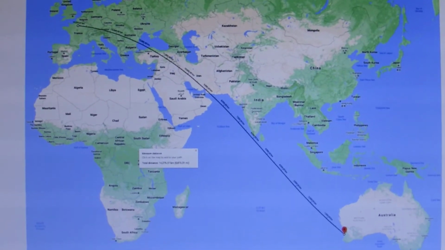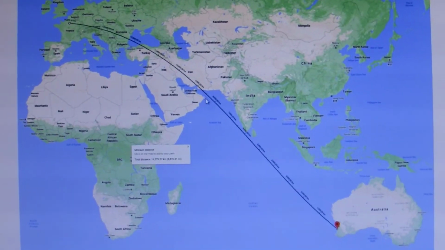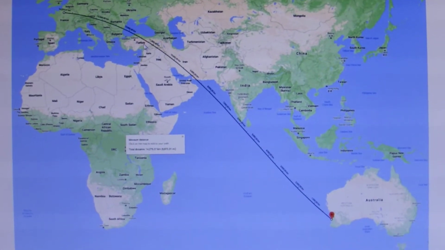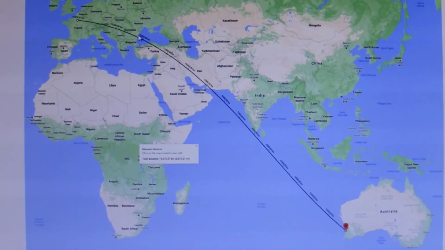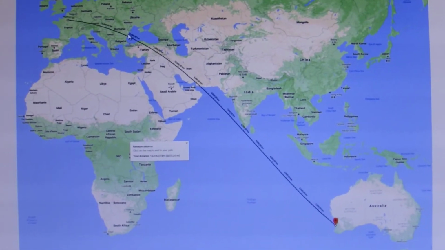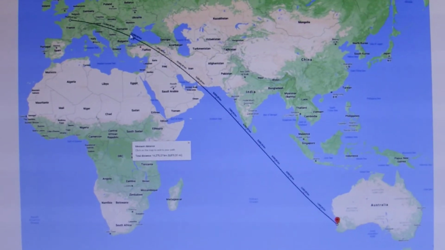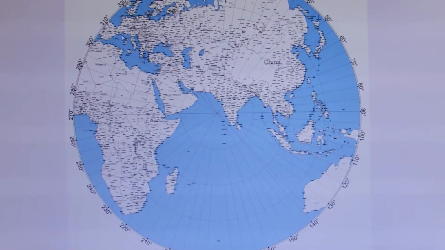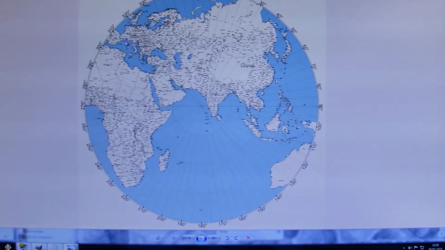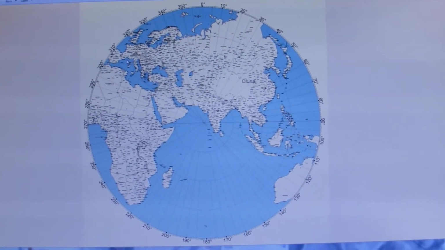If anyone's bothered by this curvature, by the way, this line being curved one way there and then straight across here and curved the other way here, that's just an artifact of this being a projection. If you'd like that line to be straight, that's easy to achieve, we use a different projection. Yes, and if I hold the camera in just the right place, it all fits on the screen. There we go.